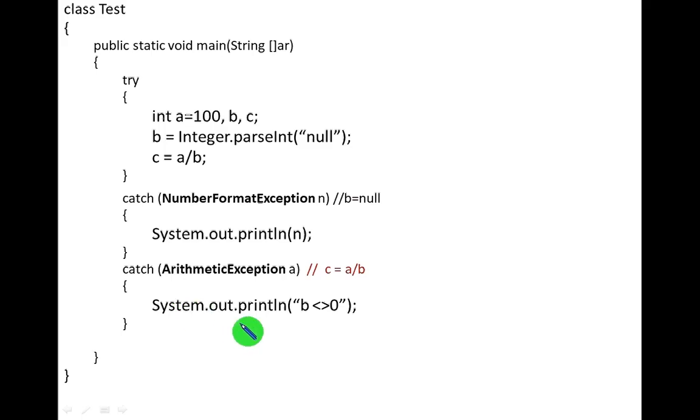Here we are giving our own message, that is, b value should not be 0. This is an example for multi-catch. Here a single try block is followed by more than one catch block.